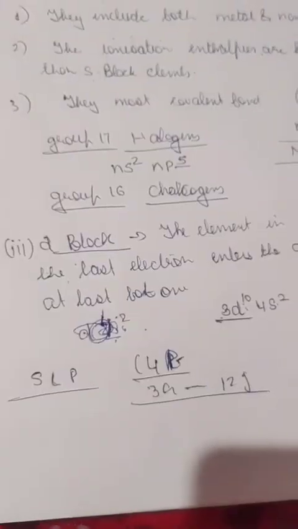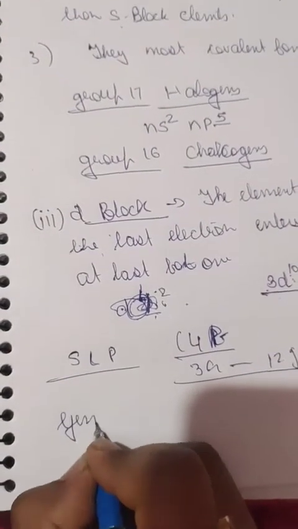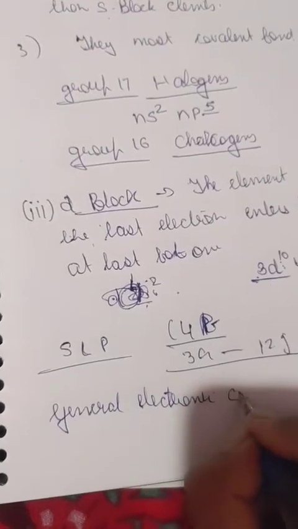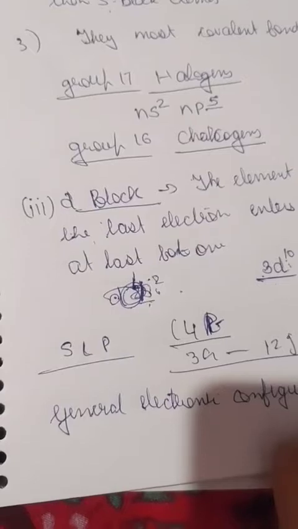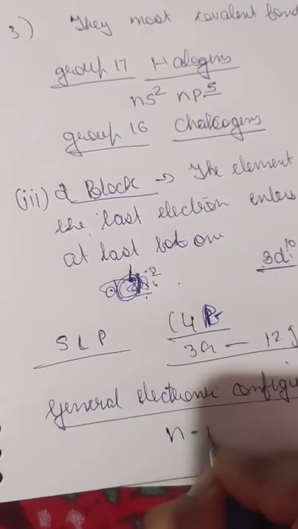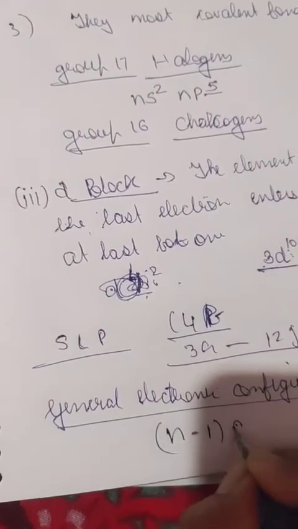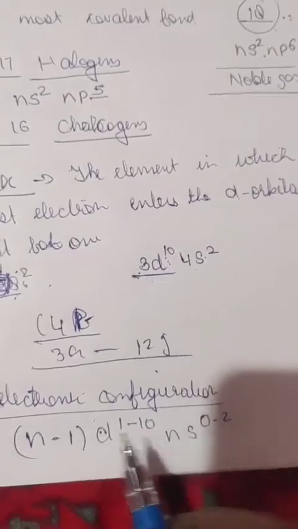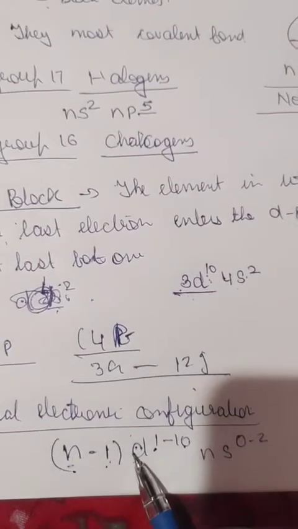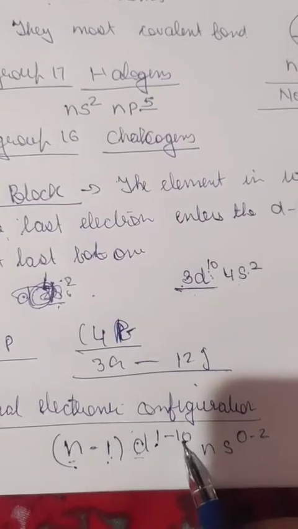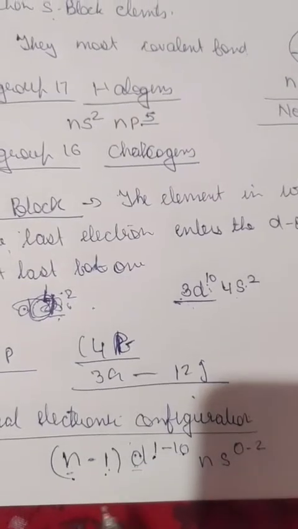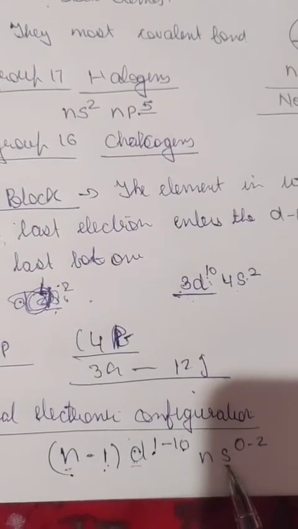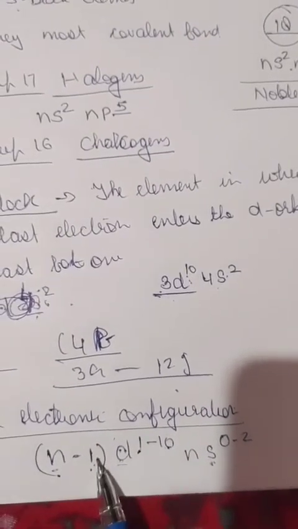Okay. The general electronic configuration of the D block element is (n-1)d1 to 10 ns0 to 2. Here n is the principal quantum number and d is the subshell, and 1 to 10 denotes the number of electrons which will increase, because they are the elements from group number 3 to group number 12. And here ns means it is the last shell, but again after this it's a d,